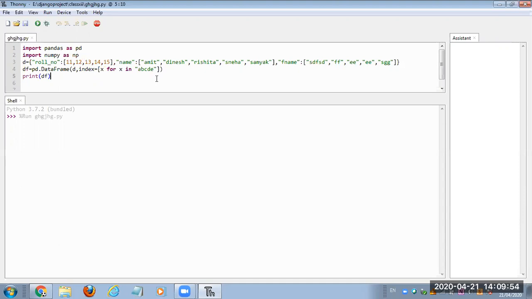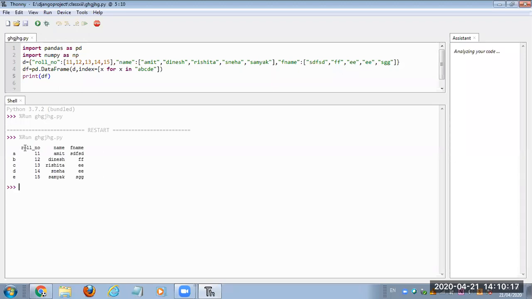So let's see the output of this. I'm executing this program. I did not do anything new in this.